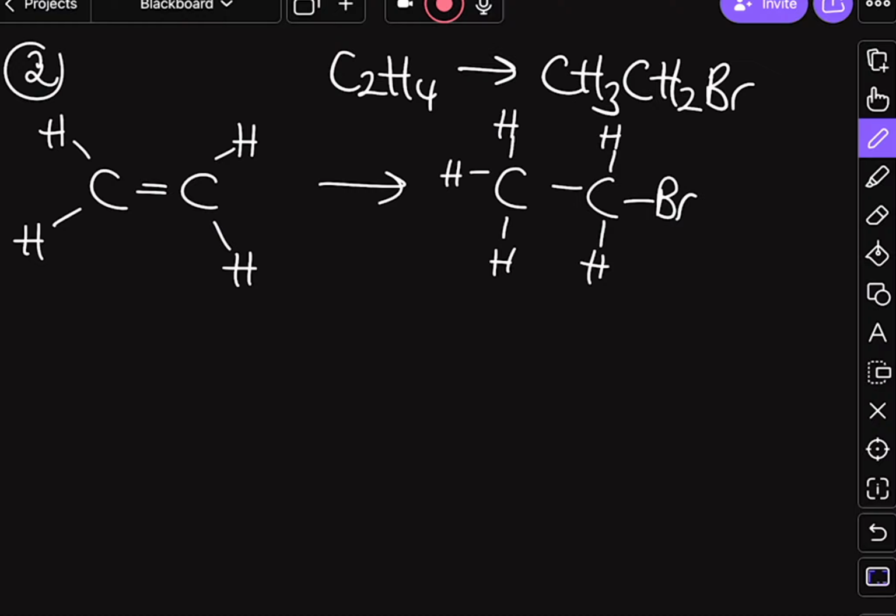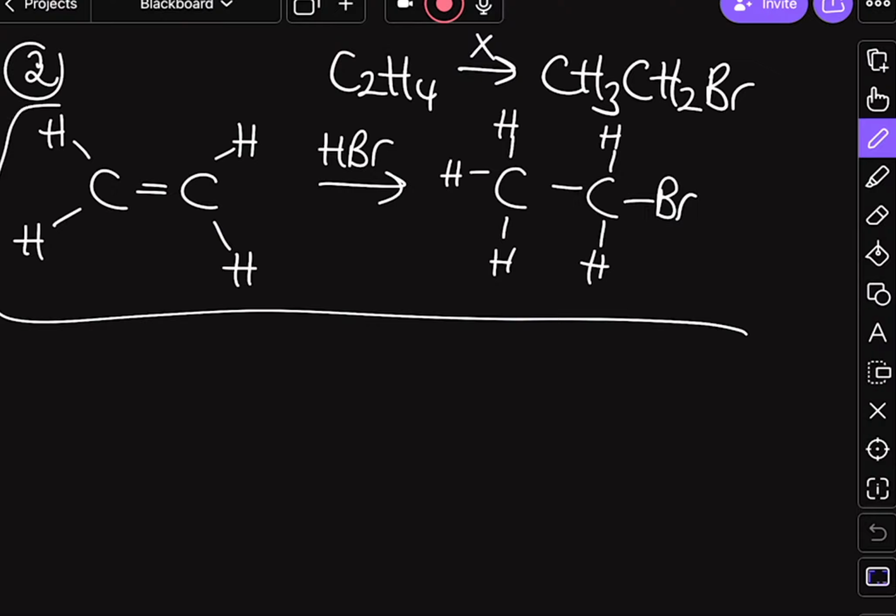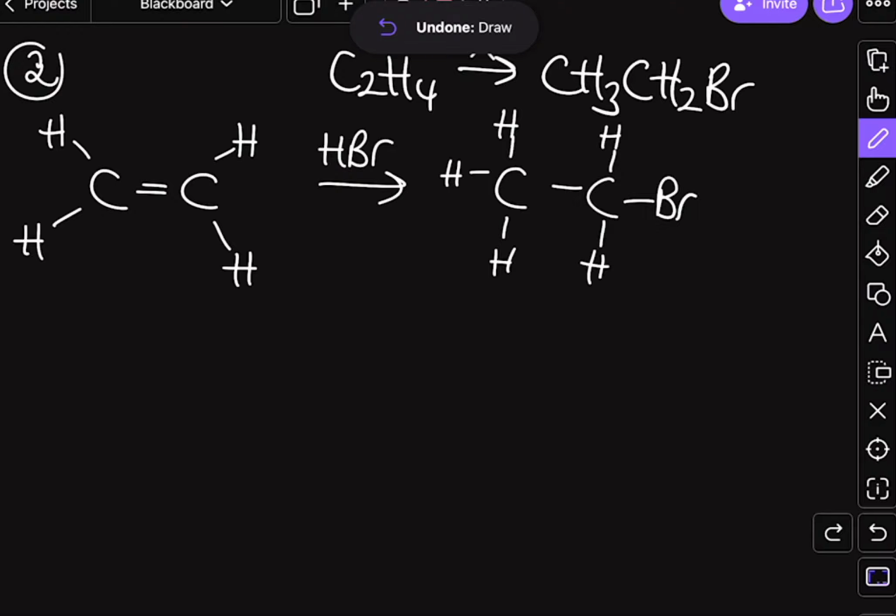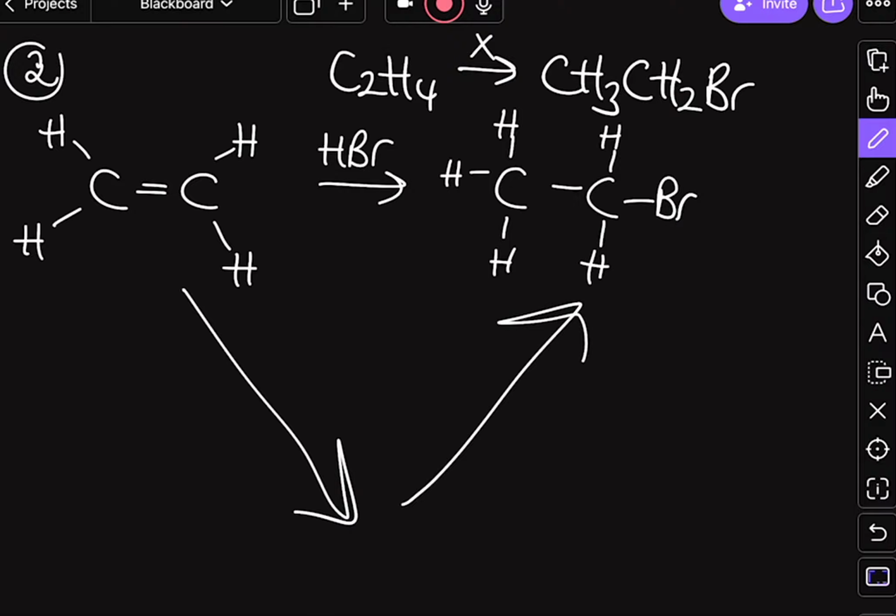So if I'm looking at this, we've broken our double bond, we have added on HBr, which is the reagent that we're going to use. So if I now have to describe, in a question it might say describe the mechanism X, and from this diagram here you now know that mechanism X has got to be an addition, and it will be ionic addition because that's the only one you'll have done. So as we've said, I'm going to draw my reaction scheme going from left to the bottom and then up to the right,